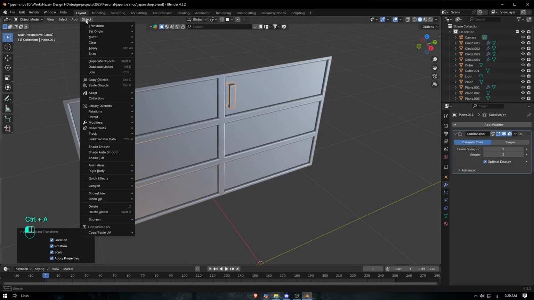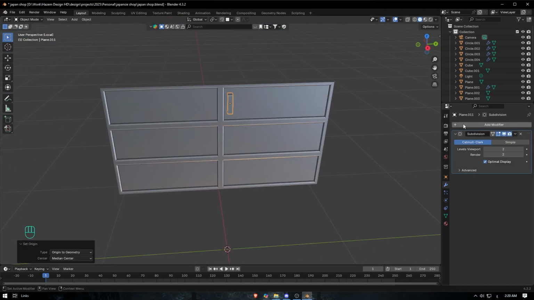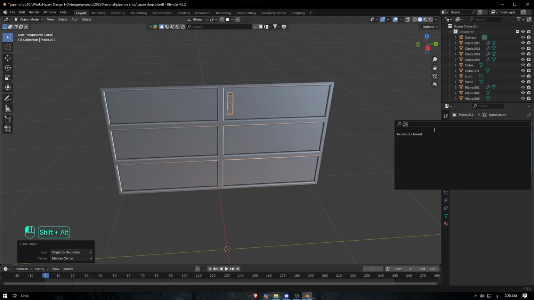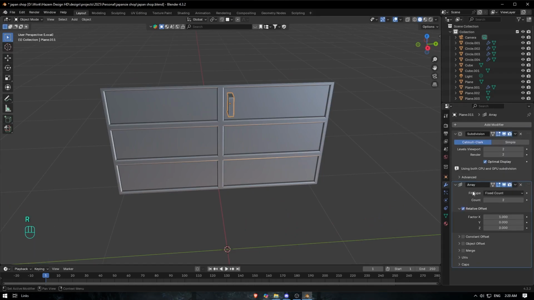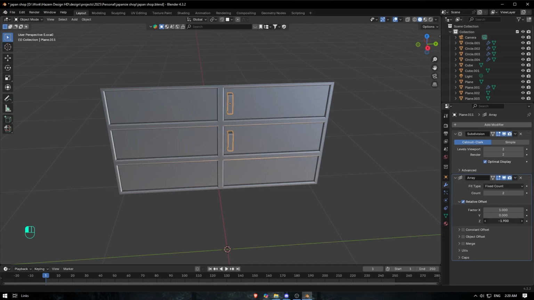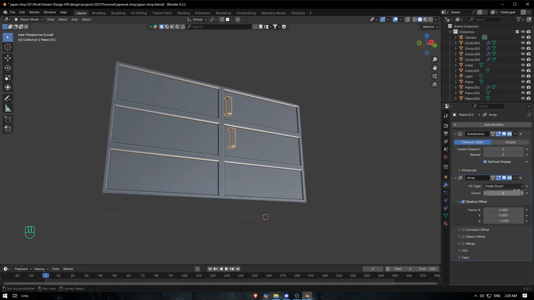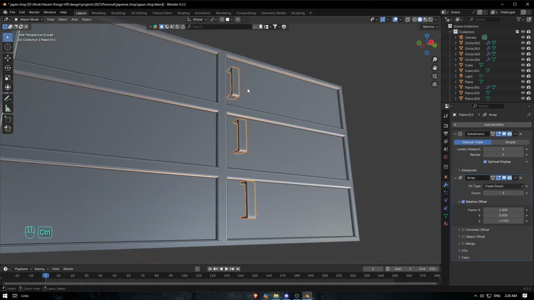and we're gonna apply object set origin to geometry, and here we're gonna go with array. So array modifier, just to copy, and 0 on X, and in Z axis if you want just drag it down, and maybe like 3, like this, and X is 0